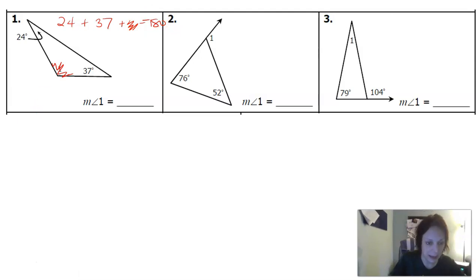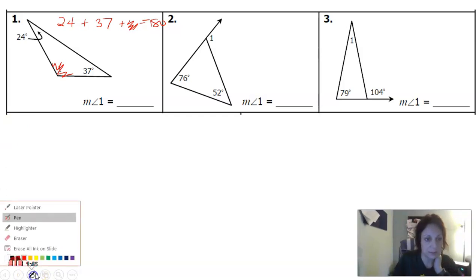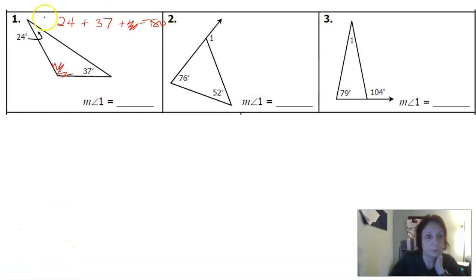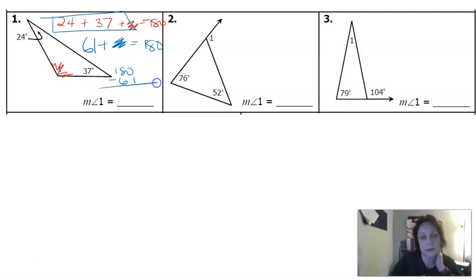So I can take the 24 and the 37 and add those up, and that's 61. So I know that 61 plus whatever that angle is has to equal 180 degrees. So all I have to do is figure this one out, is do 180 minus 61. So let's see, 180 minus 60 is 120, so